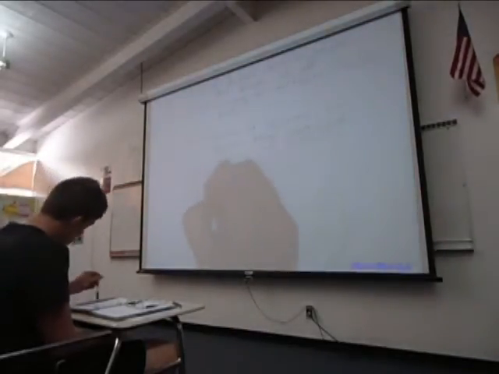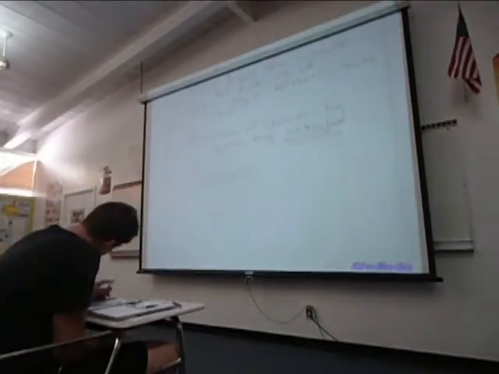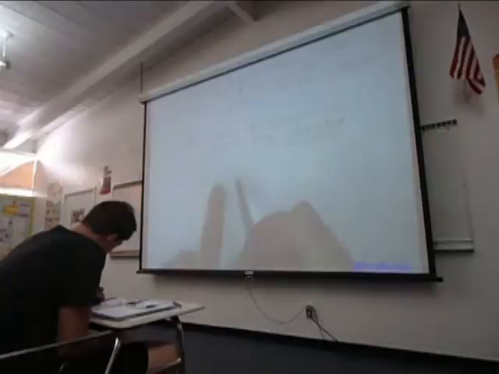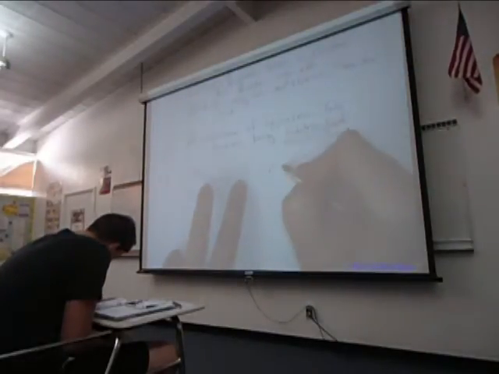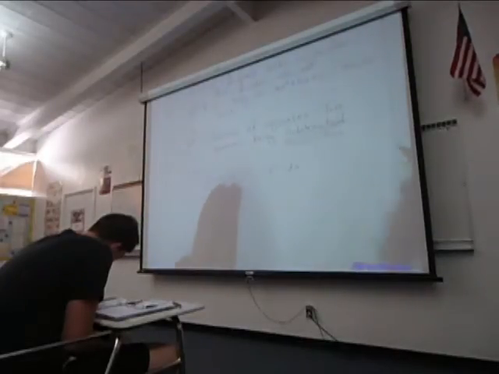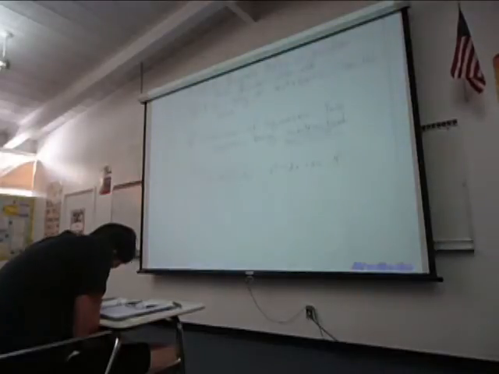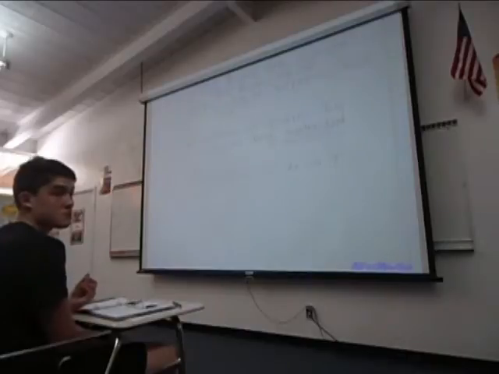So what I would like to do is take x plus 2, x minus 2, and I'd like to redistribute that. So if I redistribute that, I have x times x. What is that? X squared. X times negative 2. Then I move on, 2 times x. And then 2 times negative 2. Good so far? And then what happens? You add your x's together. I add my x's together, and